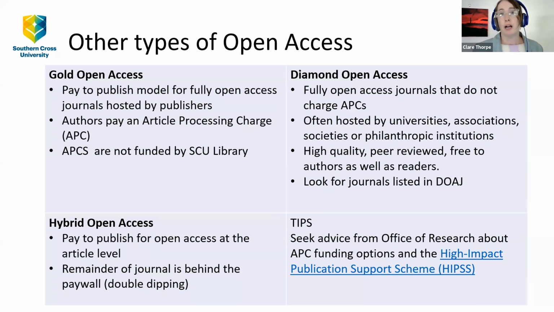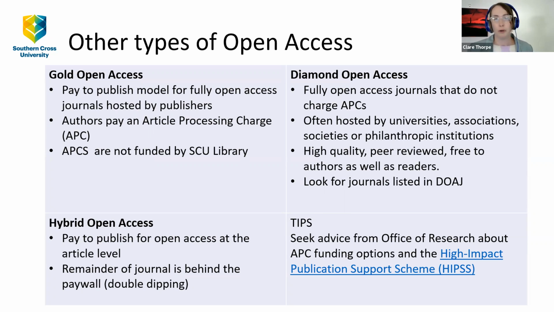But at the moment, I don't know how many people across the university are currently paying article processing charges. So it's something that's very difficult for us to understand what the cost to the university is in the gold open access space. So that's one that is a little bit tricky for us to manage and to understand what the impact is on you as researchers. And I would love to talk to some of you if you have paid for article processing charges and how we might get some more visibility over that.